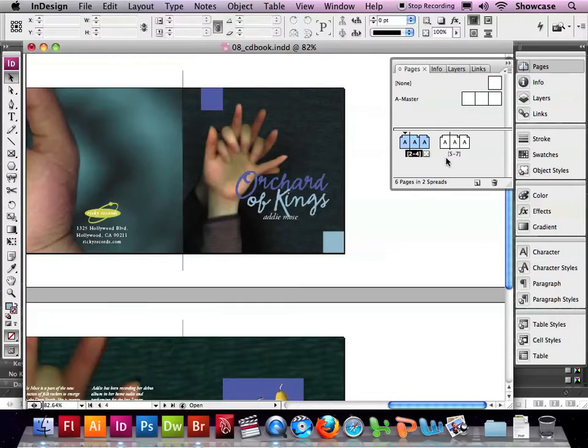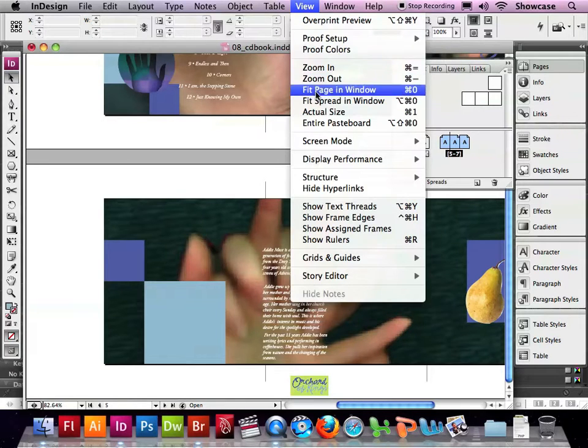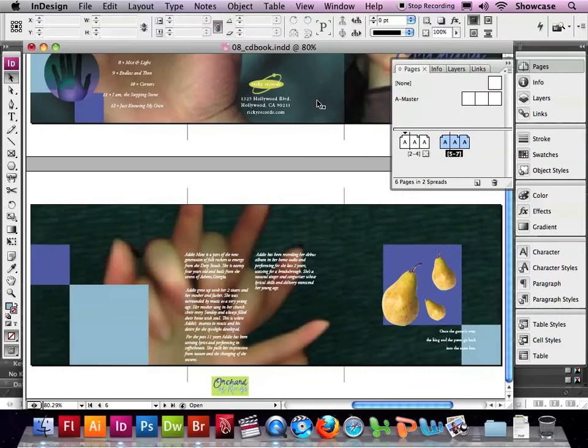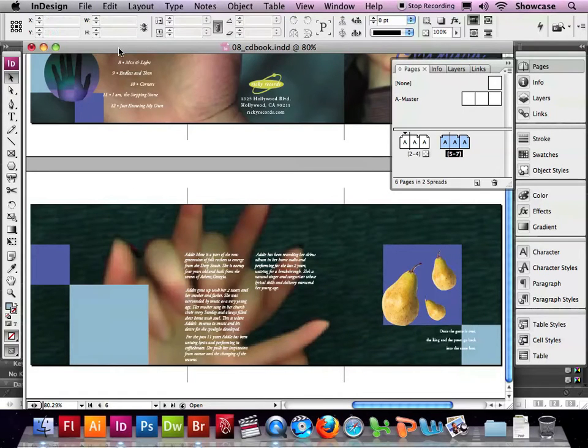We're now going to look at inline graphics, which are embedded in a text frame. So if we choose the spread pages 5 to 7 and choose View, Fit Spread in Window, if we click on the Orchard of Kings logo, which is on the pasteboard below the middle of the bottom spread, below page 6, choose Edit, Cut,